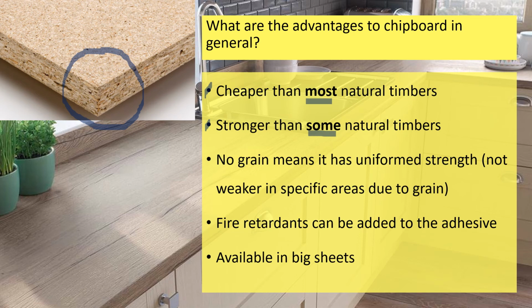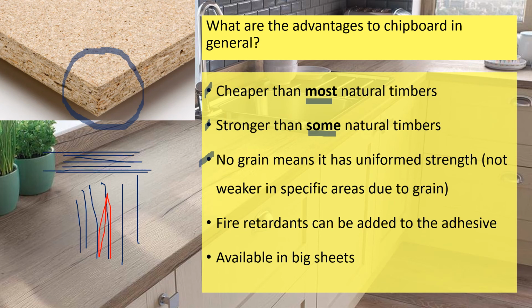Right? Moving on. No grain means it has uniform strength. So what that means is it's not weaker in specific areas due to the actual grain. If you think of normal natural timbers, you've got the grain that obviously moves in an upwards direction. If you karate chop that smack bang in the middle of the board, it's more likely to split. You'll split smack in the middle. Whereas if you are holding it